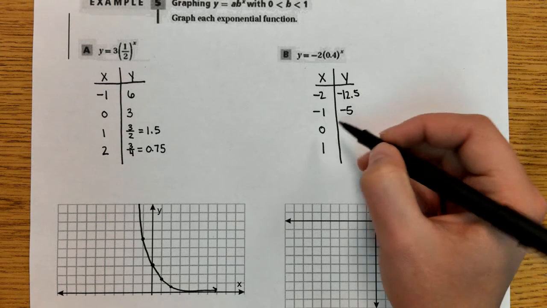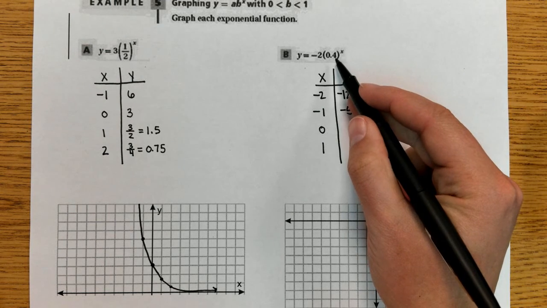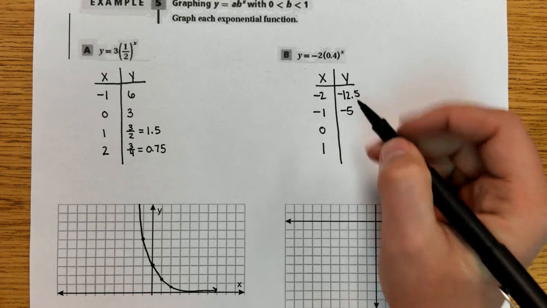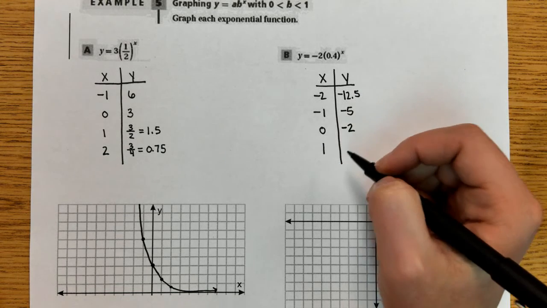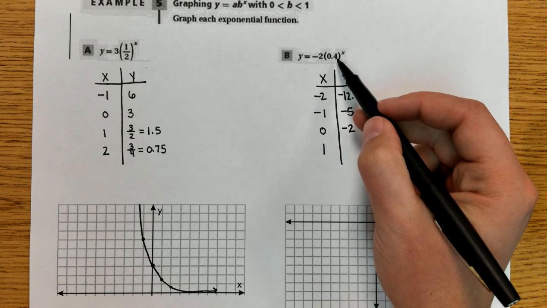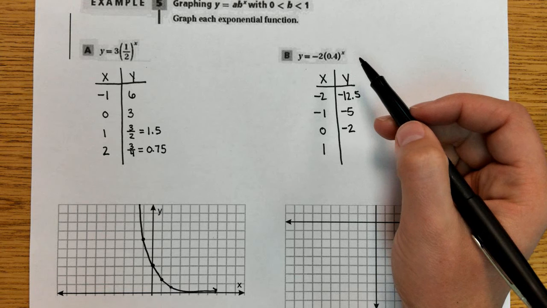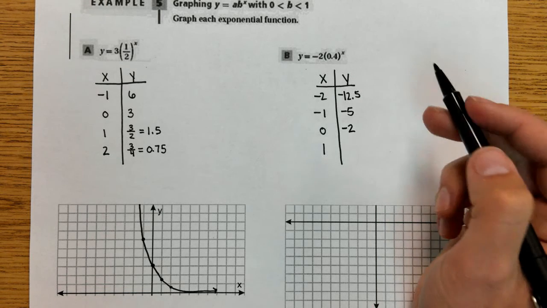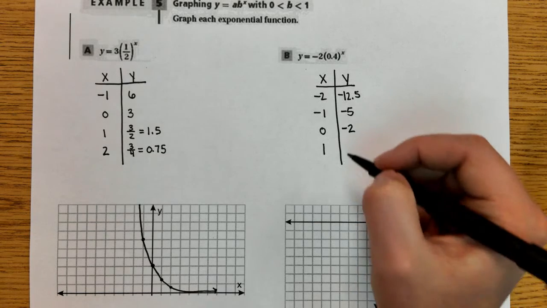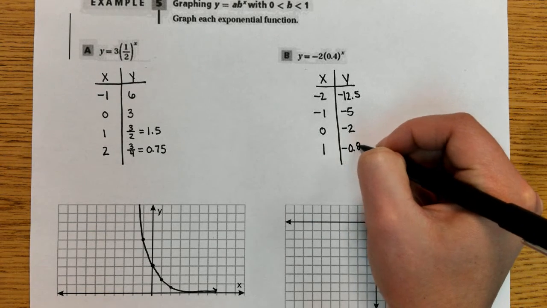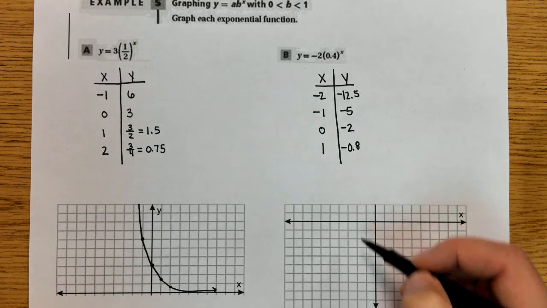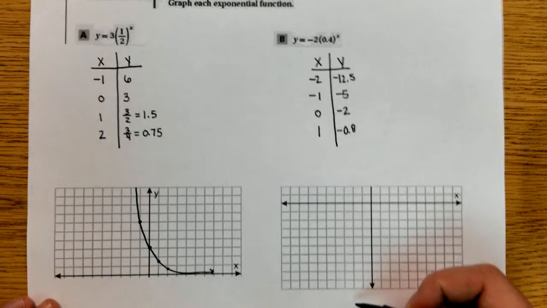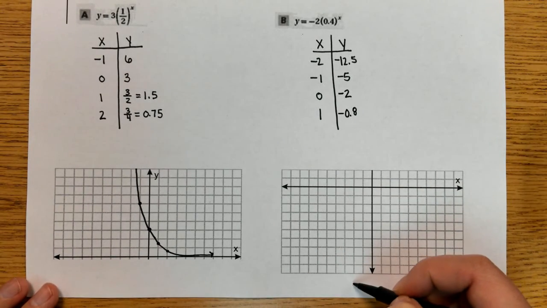So -1, -5. 0.4 to the 0 power is 1, times -2 gives you -2. And then 0.4 to the first power gives you 0.4. And 0.4 times -2 gives you -0.8. So -2 and then -12.5 will be, let me scoot this up so you can see it, -12.5 will